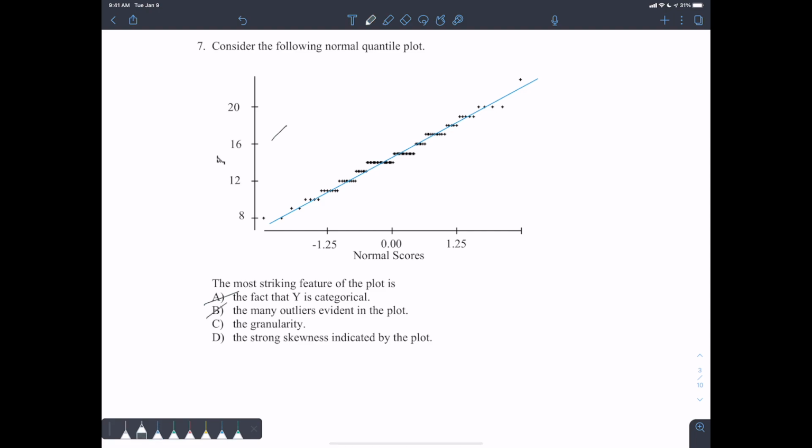So no outliers. The granularity, I don't really go to lectures because I don't know, it doesn't really seem to help. But